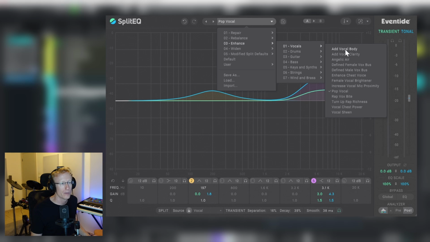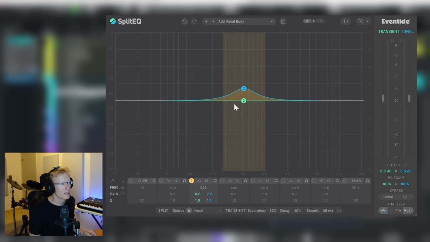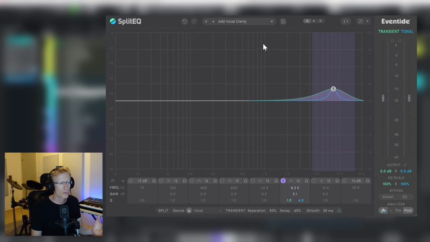So we have add vocal body. So you can see that we are enhancing the tonal while not really touching the transients. Let's move to the next one. So here, for example, this is add vocal clarity. And of course, it's not the only move you need to do. It really depends on the type of vocals that you have. What we see here is that we are sort of widening the transients while focusing on the tonal,